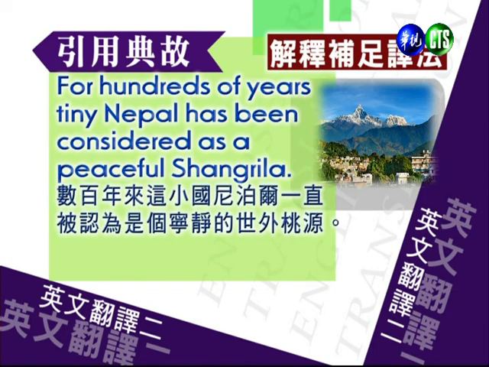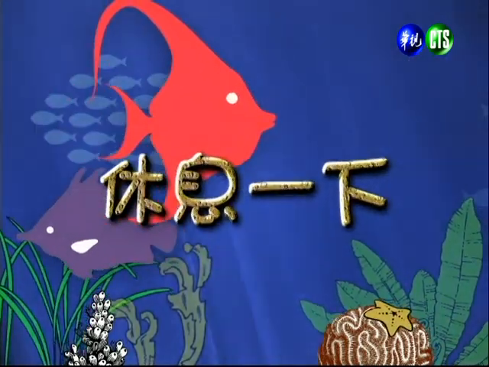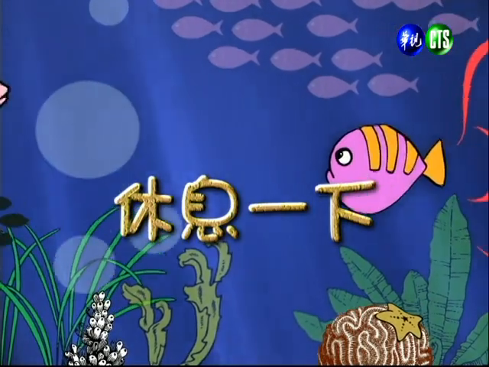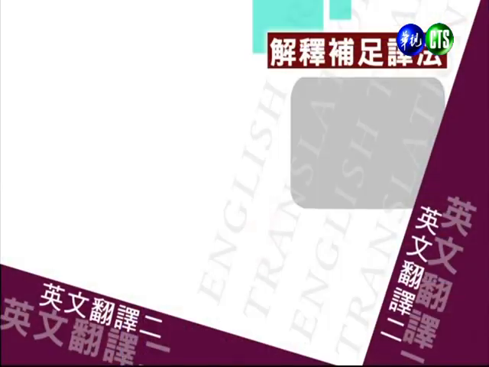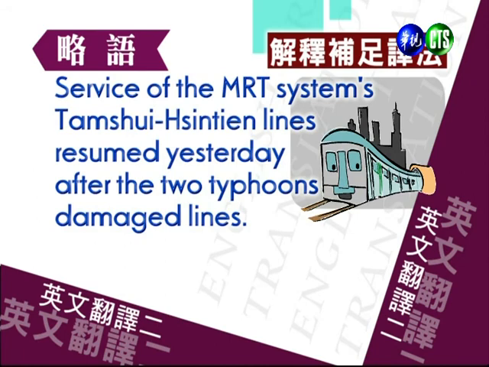好，我们看下一句。For hundreds of years, tiny Nepal has been considered as a peaceful Shangri-La. 数百年来，这小国尼泊尔一直被认为是个宁静的世外桃源。Shangri-La 出自小说《失去的地平线》（The Lost Horizon）。书中描写一个遗世独立的人间仙境，称为 Shangri-La 香格里拉。这个典故就指世外桃源、理想的乐园。好，同学，我们先介绍到这里，我们休息一下。我们做翻译的时候，有时候要解释要补足，对不对？那我们现在看一个略语部分，在英文当中有许多缩略。翻译的时候可以考虑略加注释，使其还原，让读者了解它的意思。我们看看例子。